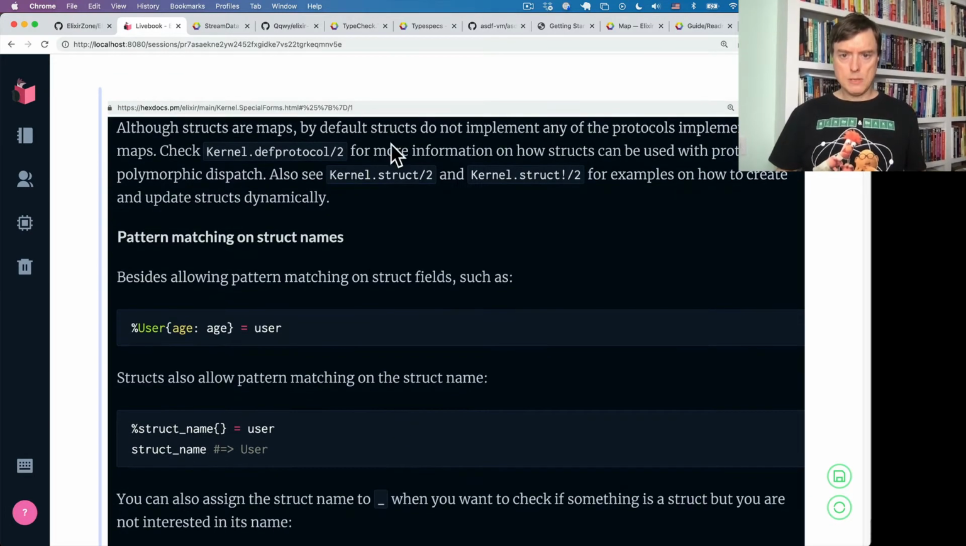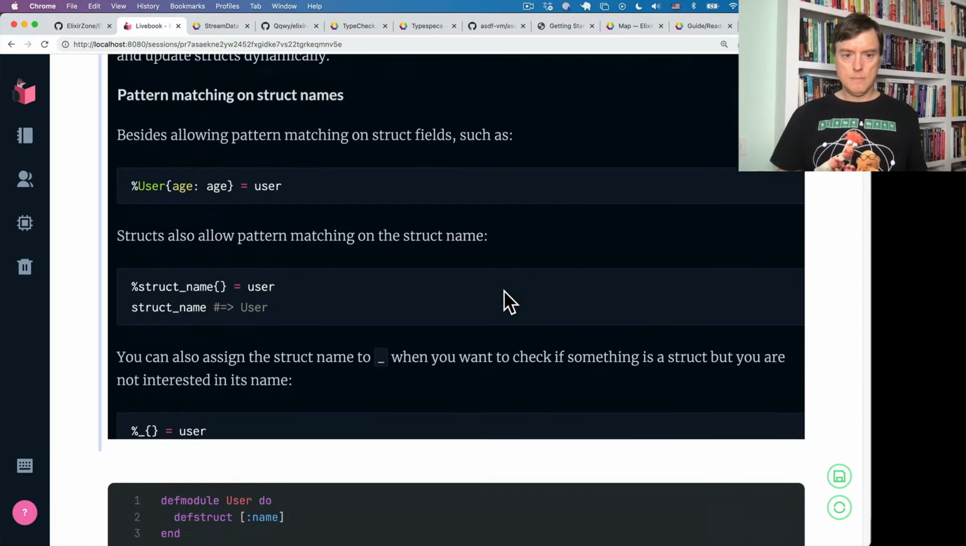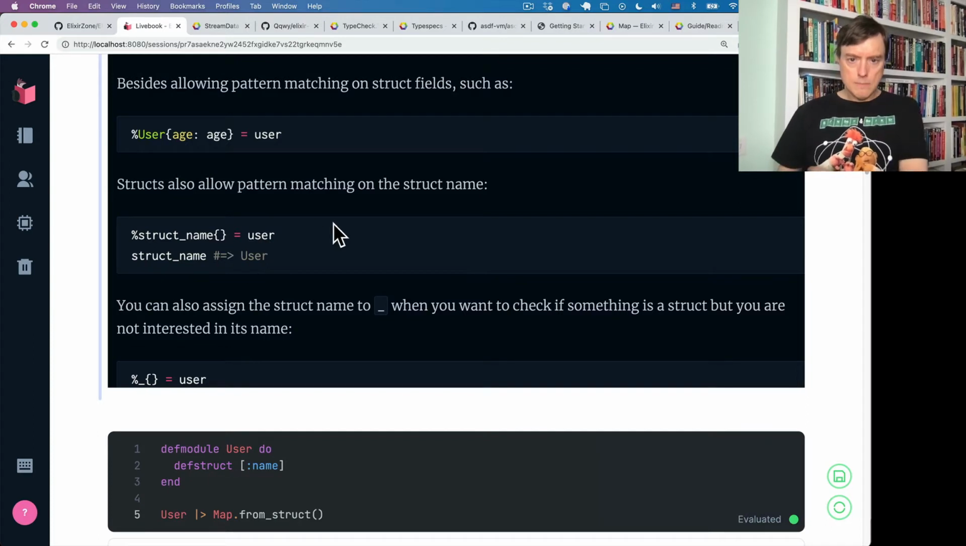So structs are maps, but they don't have access to the map protocols that map implements. There's pattern matching. Pattern matching on the struct name. This is really cool. You can pattern match on the struct name. So if user here is a